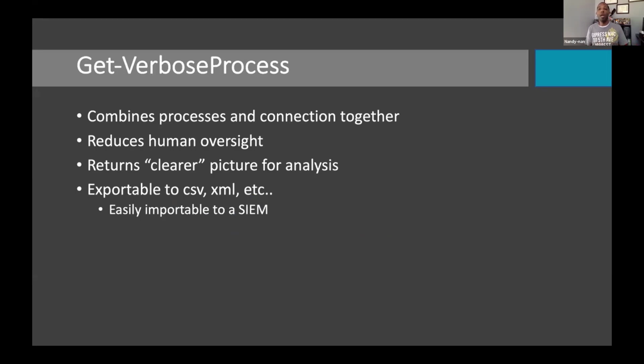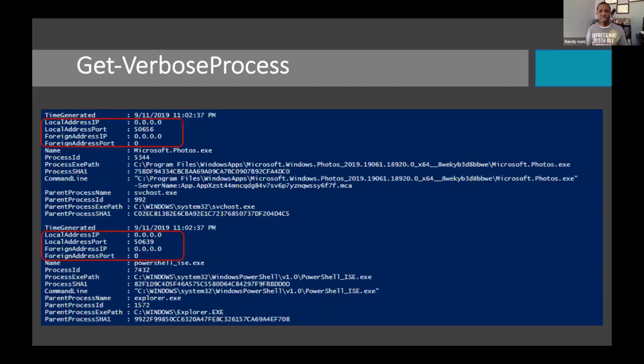And then, oh, by the way, if you have some other thing that you'd like to import this data into, we can get it out as a CSV or XML and make it already in a parsable manner. Because again, we're talking about objects here, so we have properties that we can tag those fields with. And when we get that back, we have something like this. Now, this is actually showing 2 individual items.